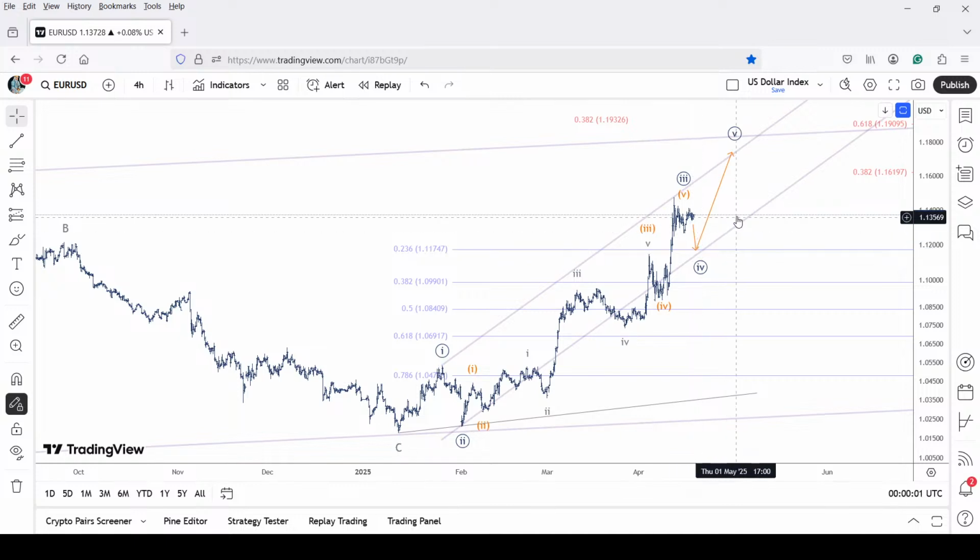And the sideways wave 4 falls quite a bit in line with the sideways wave 4, which is taking time now from 11th of April. Now we are almost at the end of the week, and we are still around the same range, correct? So